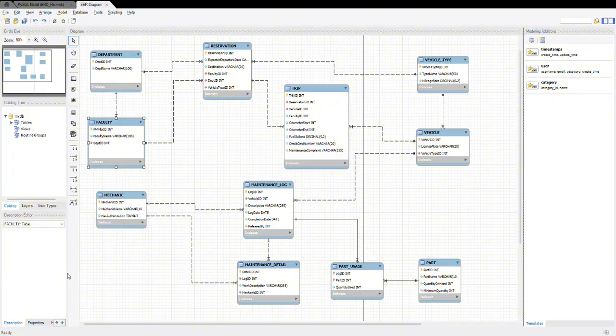maintenance and spare part inventory. To give you a clear picture, I will now walk you through the key entity groups and their relationships. First, let's look at the personnel and booking flow. As you can see on the left side of the diagram, we have